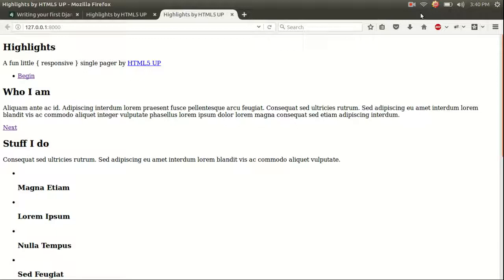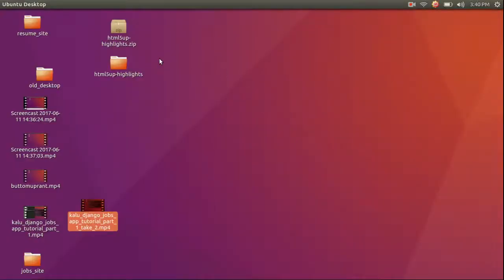So we're going to continue where we last left off. We were able to render this web page, but it does not have any style. So how do we get style? We need to add our static assets. So the first thing we want to do is go back to our desktop and go back to where we got that HTML